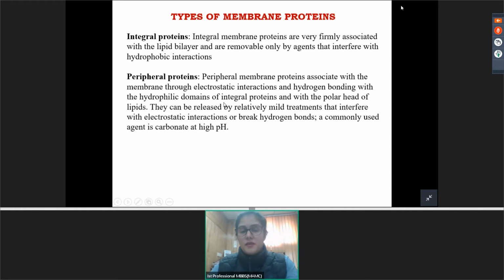So what it means? Basically, it means that integral proteins form an integral part of the membrane, and it is very difficult to dissociate them from the membrane. On the other hand, peripheral proteins are attached to the membrane through electrostatic interactions, and the electrostatic interactions depend on the charge of the protein. The charge on the protein can vary with the pH. You will be reading about this, or maybe you have already been taught that as the pH is changed, the charge on the proteins can also change. So peripheral proteins can be removed easily by a mild treatment with detergents or by changing the pH.